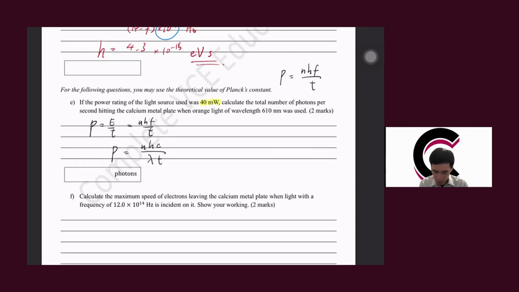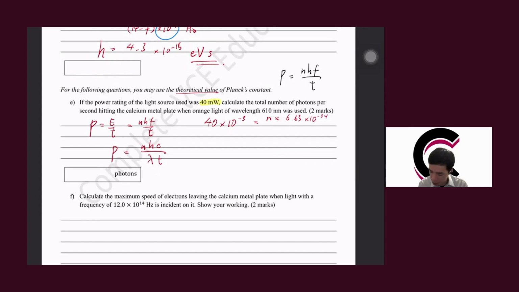Hitting per second. All right, so the way you can do it is to put P as 40 times 10 to the power of negative 3. Let me change it to red. That's equal to N times the Planck's constant. In this case, we will use the 6.671. Oh, hang on. You say you may use the theoretical value. You may use the one above. And look, we use the theoretical value, 6.63, not 7, 6.63